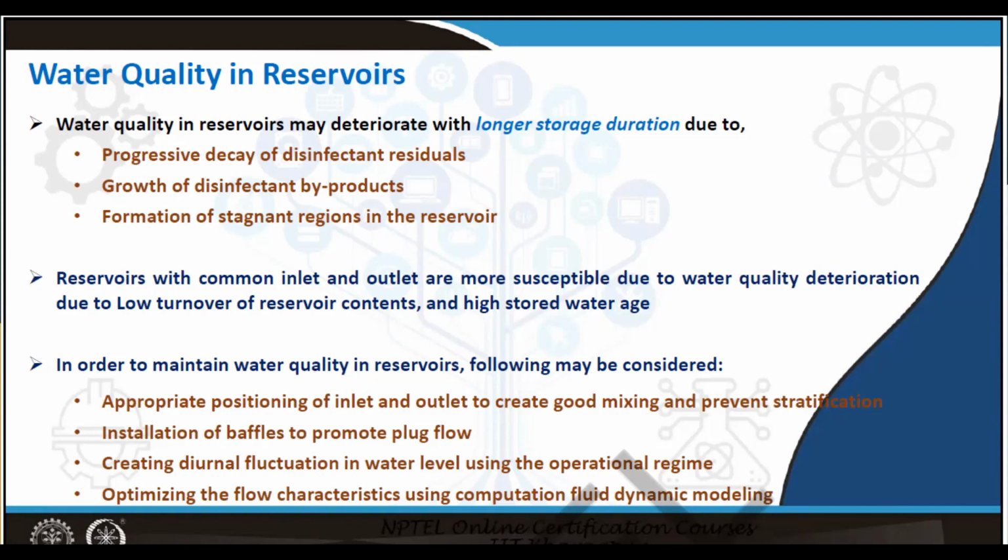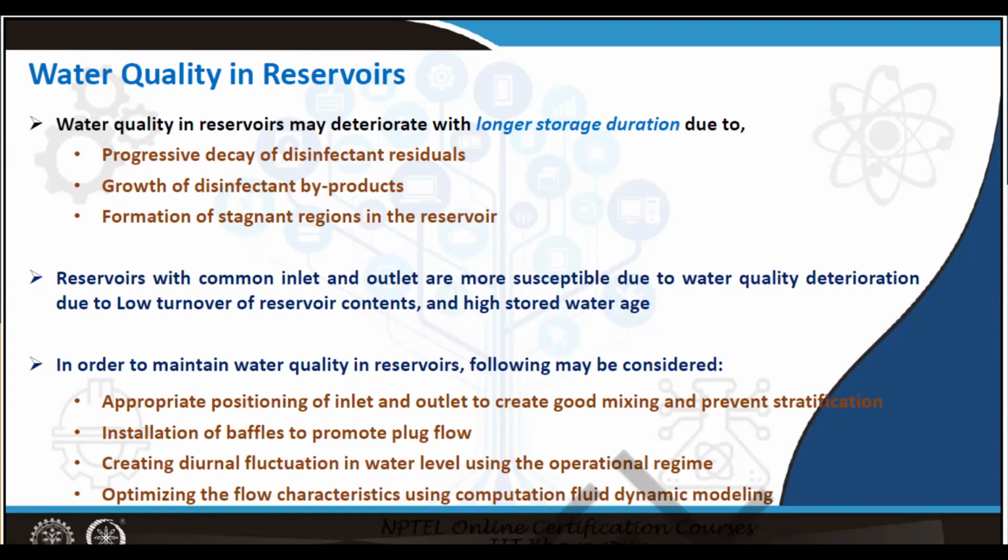So in order to maintain the quality of water, when the reservoir is constructed, we have to provide the inlet and outlet in such a way that the pumping actually helps in circulating the water in the reservoir. When water is circulated, it will prevent the water from stagnating. It is not just one portion of the water that is always being used. Instead, all of the water will be circulated within the tank,